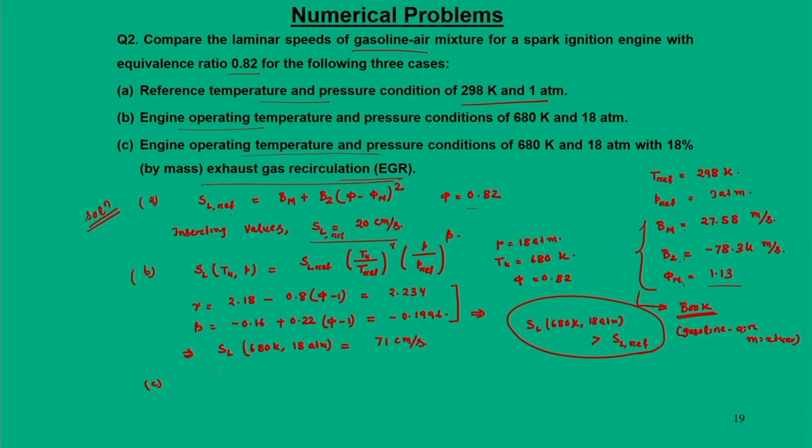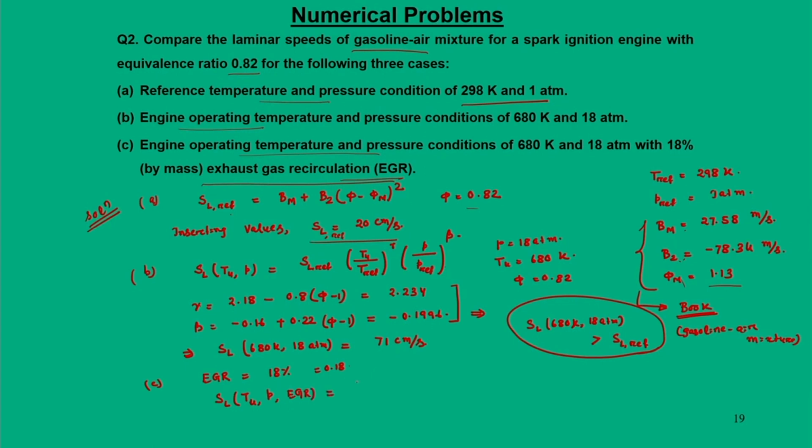So, in the same expression, when you say EGR is 18%, or we can say it is 0.18, we write SL at Tu, P and EGR